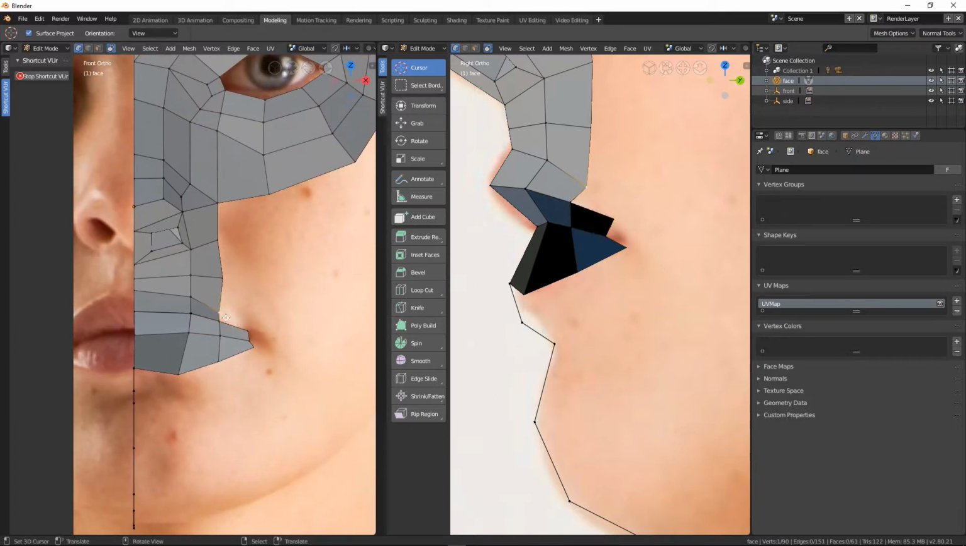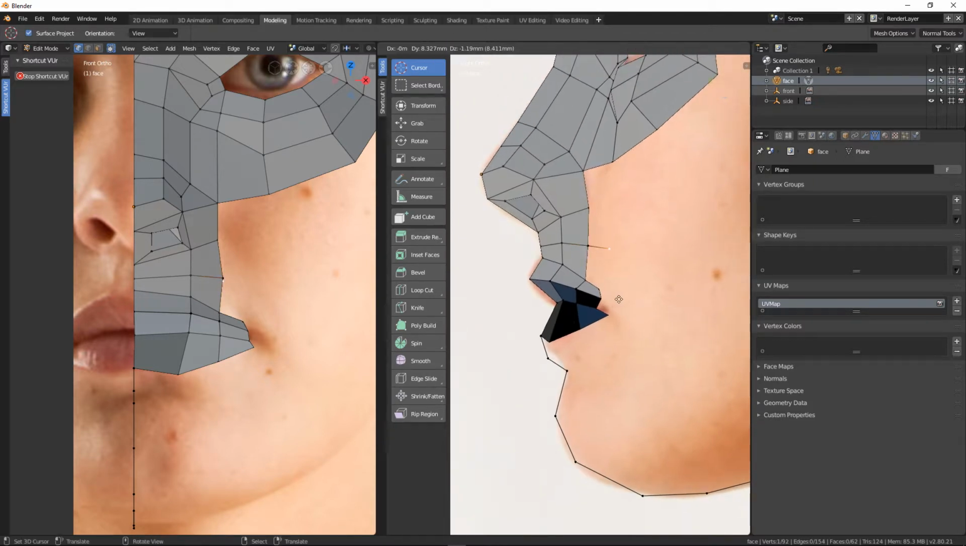Okay, and we're nearly there. Okay, and oops, and E and G. Okay, so the next step here